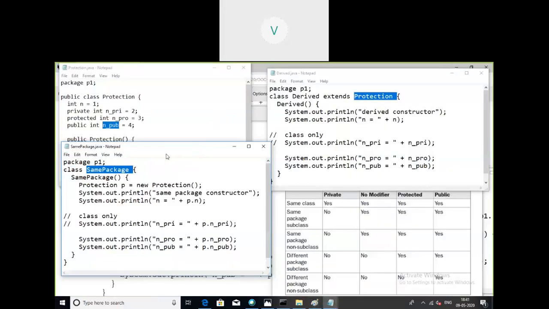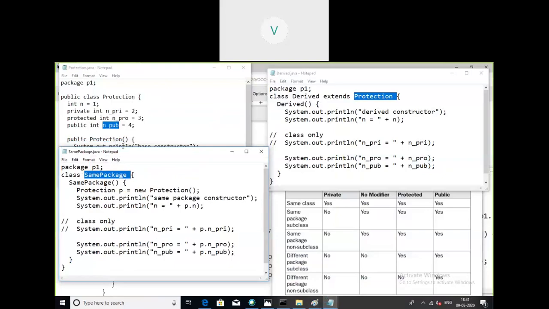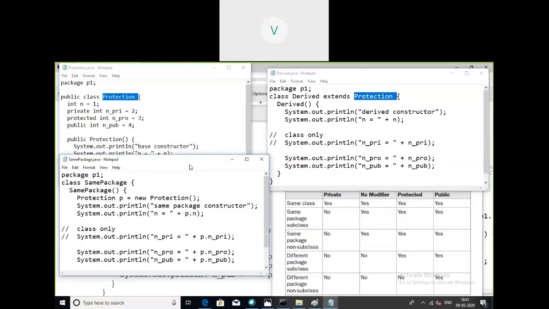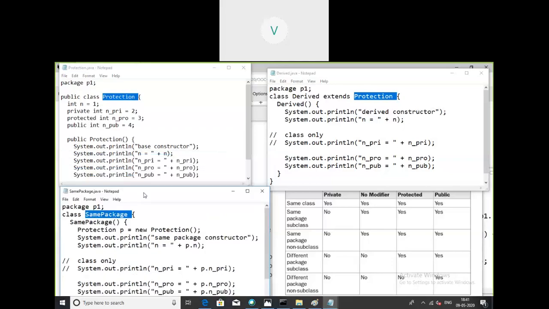That means what members of the class Protection are accessible by the class SamePackage. The class Protection is not a superclass of it, but it is present in the same package where Protection is present. The class Protection and the class SamePackage are present in the package P1. See here, the first statement says it is present in the same package, P1 and P1.